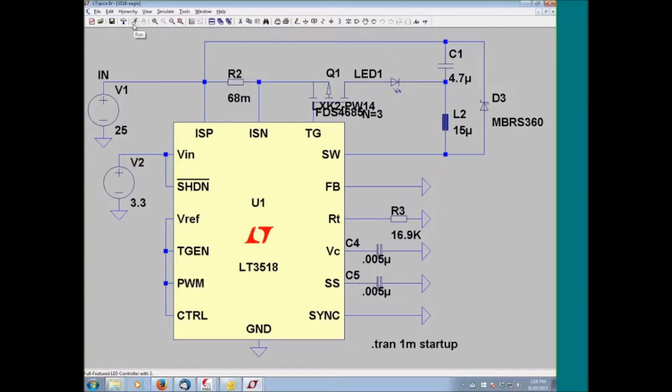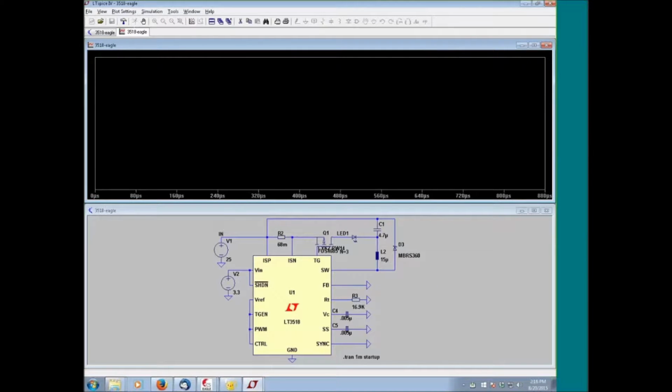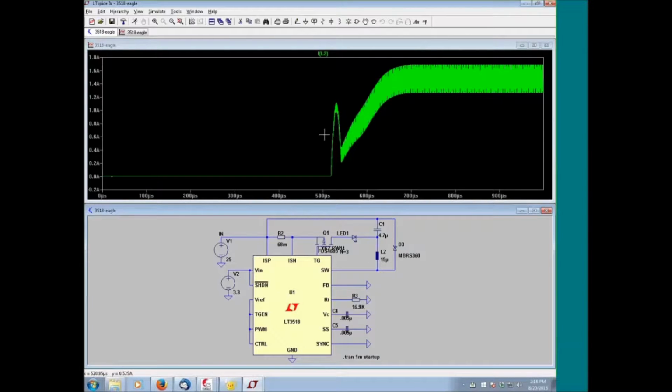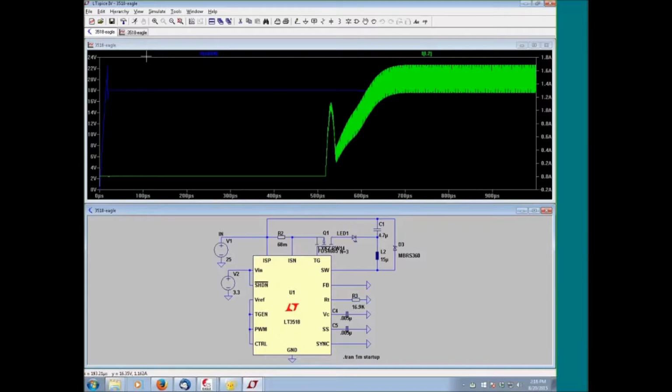So all I'm going to do is just run the simulation, and we can start probing different parts of the circuit. One of the more interesting parts is the inductor current. So I'm going to go ahead and let that run. You guys see how it starts up. Now we can also check out here. I want to point this out to you guys over here. This is a switching MOSFET that drives this entire setup over here. If we look,